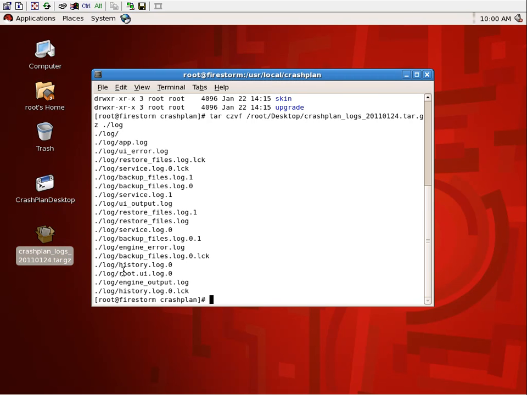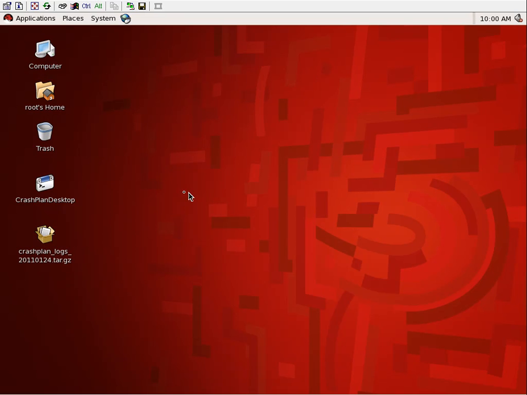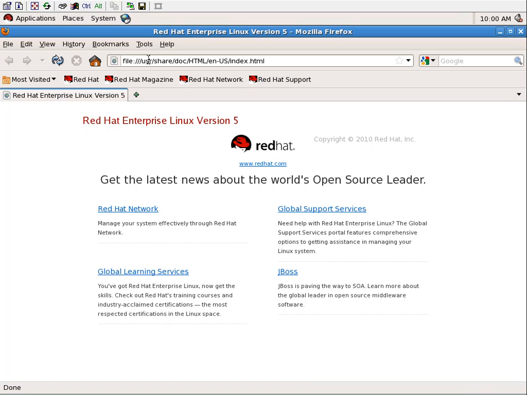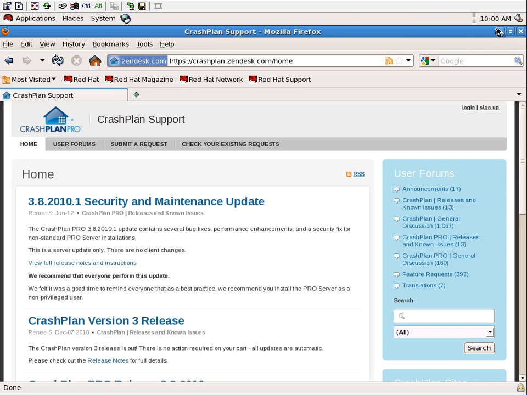Now from this point, you can close the terminal. You have two options. One, you can open a web browser straight from the server, go to the CrashPlan support site, and upload that file or attach it to your existing case. That's option number one. Option number two, if you need to email it to someone else or email it to support, you can do that as well